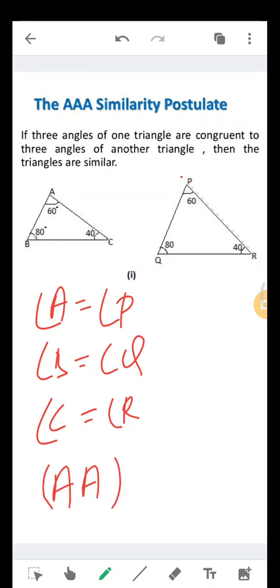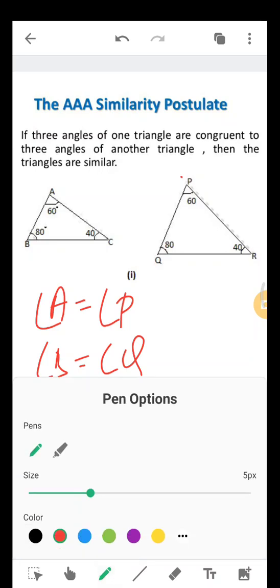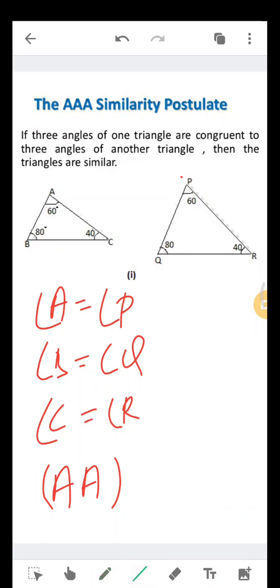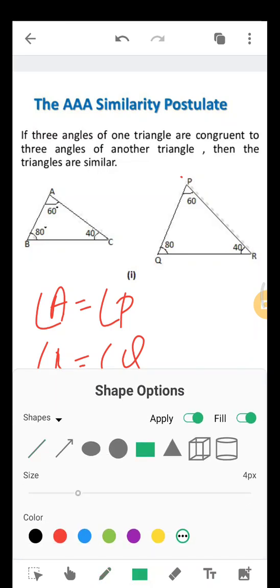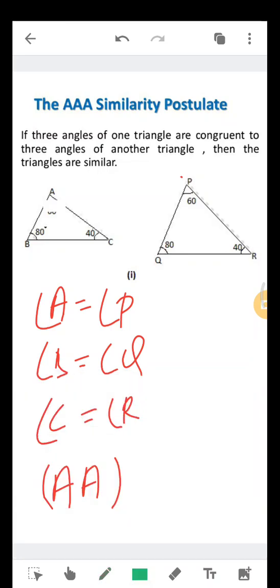The reason is, if you have two triangles, just forget this angle for a while. Forget this 60 degrees. Imagine you have two triangles in which angle B is equal to angle Q, angle C is equal to angle